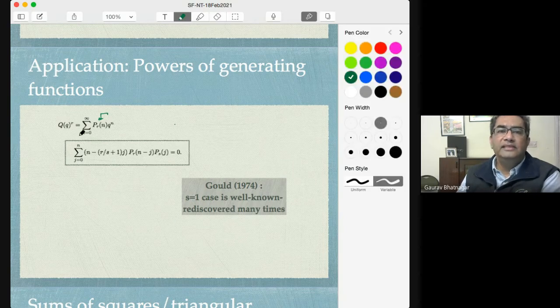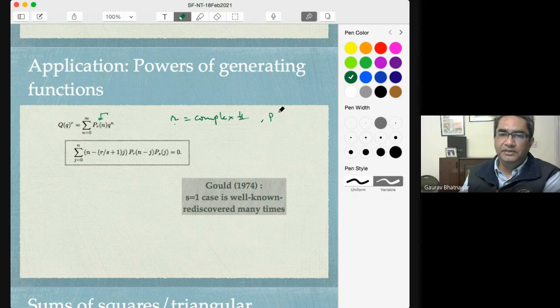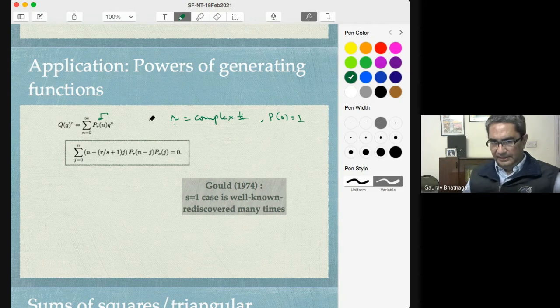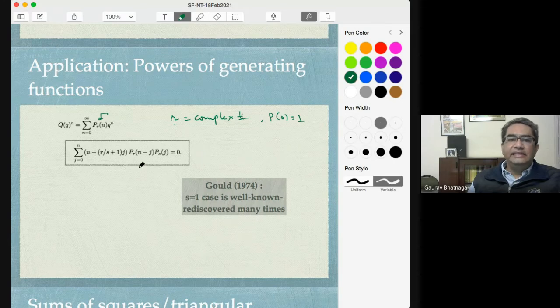Now, this r could be anything. R could be a complex number, and we generally take p0 to be equal to 1, and q over here, and then it works out very nice. So we get a general recurrence relation for powers PR and PS,